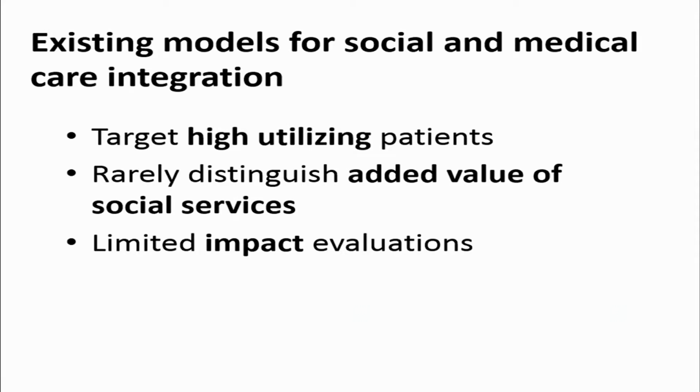So in other words, a community health worker might connect a patient who's discharged from the hospital with primary care, but at the same time, they might connect them with housing or food resources. But very rarely are the social interventions described in the literature. So finally, while we discovered quite a bit of innovation in this field, we found remarkably little evaluation. The studies that we did find are primarily descriptive or observational. There are very few randomized trials. Again, they rarely talk about what the added value specifically of the social intervention might be on healthcare outcomes.